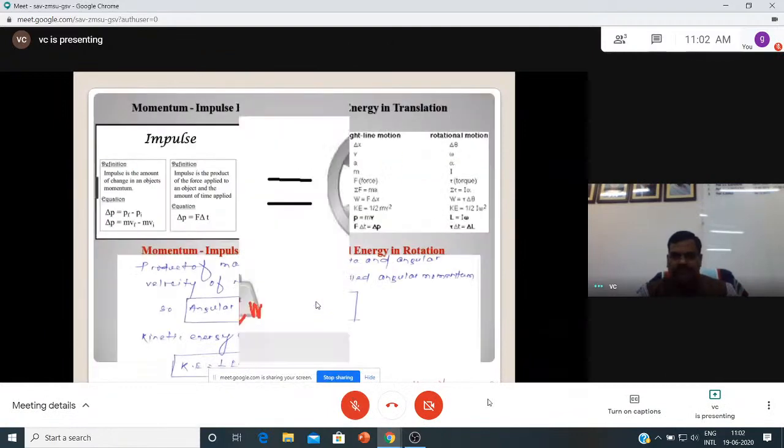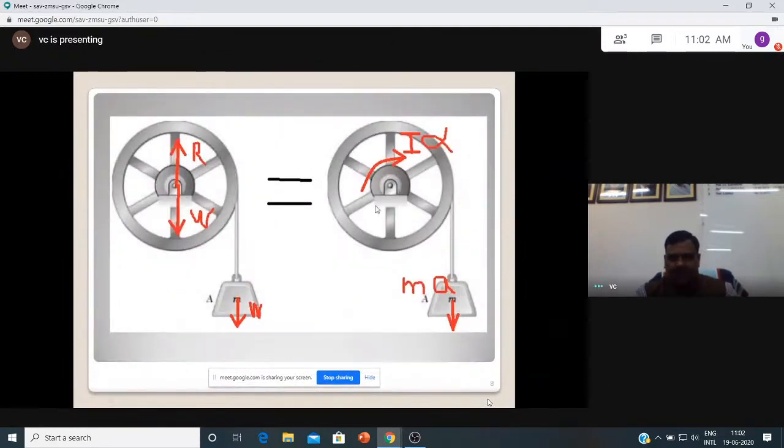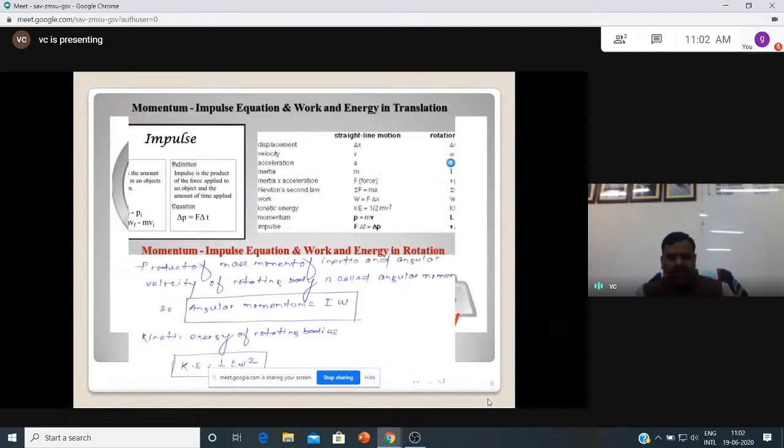Here the body is having rectilinear motion, translation, and rotation. Moment is equal to I alpha, and force is equal to ma. Both are Newton's second law. So now let us consider